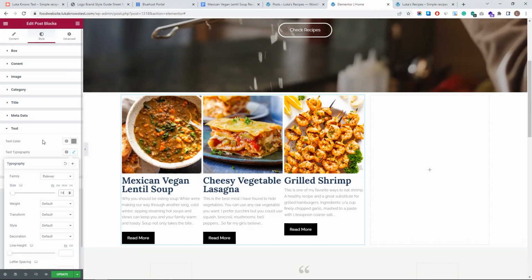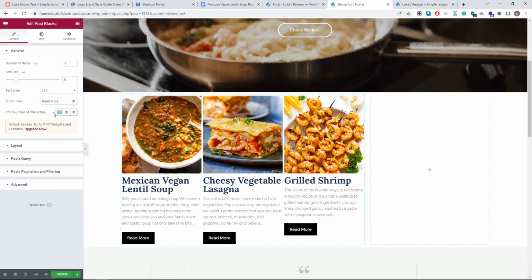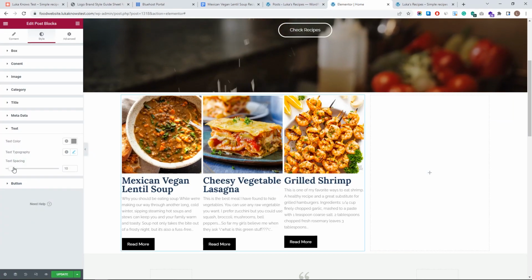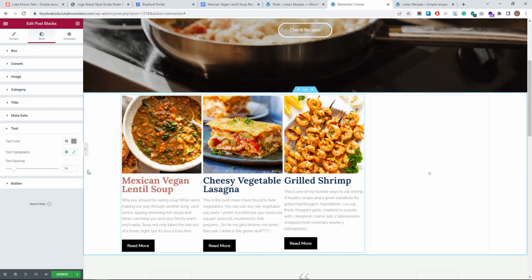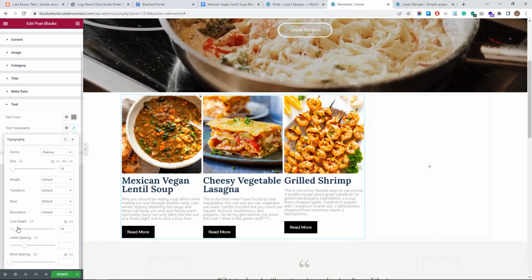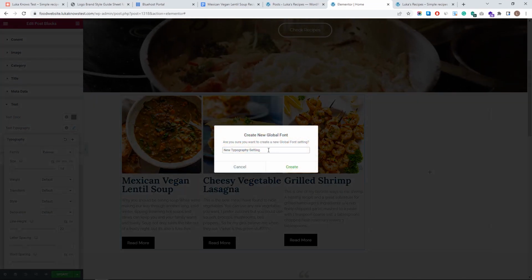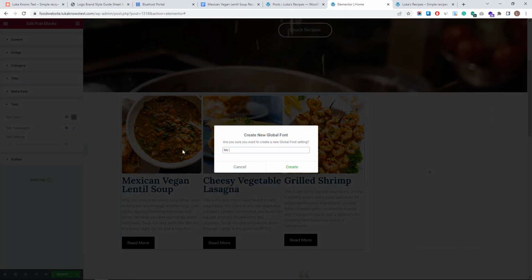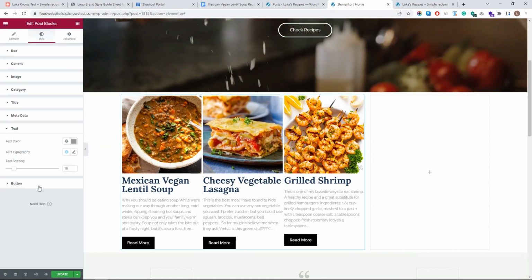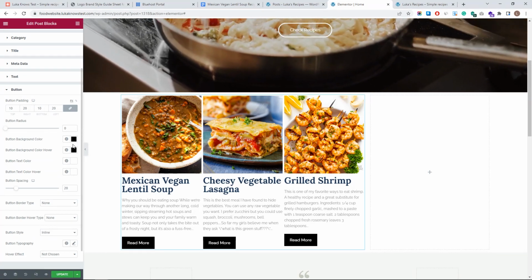But when looking at it, I think we can add more text to it. So when we want to do that, we go to content and let's say we want to add 250 characters. So let me go back to text. We can space it a little bit more from our title and maybe even adjust line height a little bit. And also once again I can save this as my text, so we don't need to redo this every single time. And lastly, button, you can change the button padding or stuff like that, but